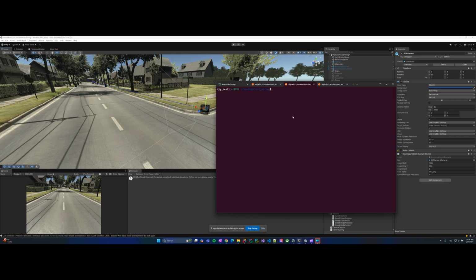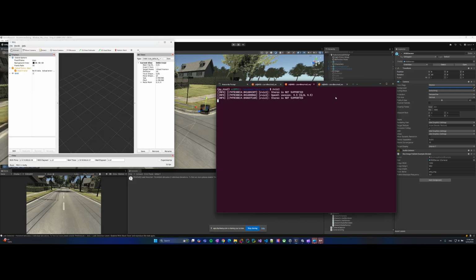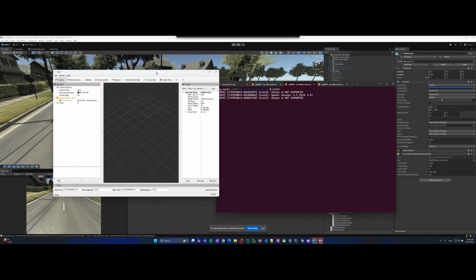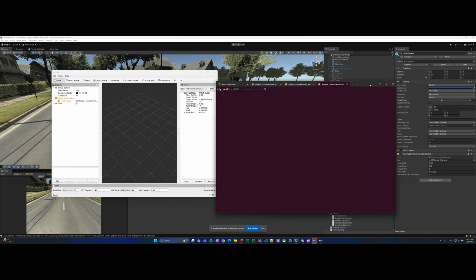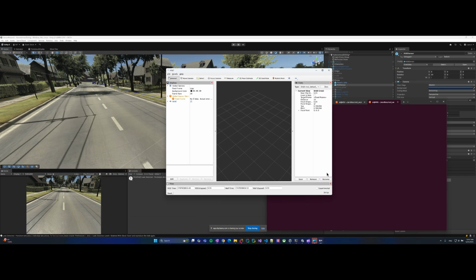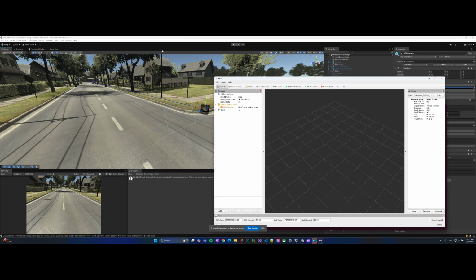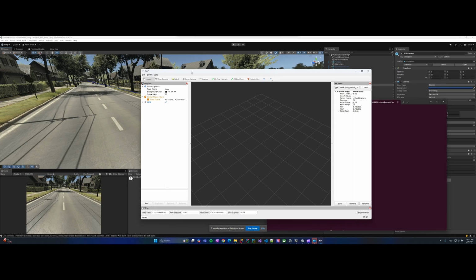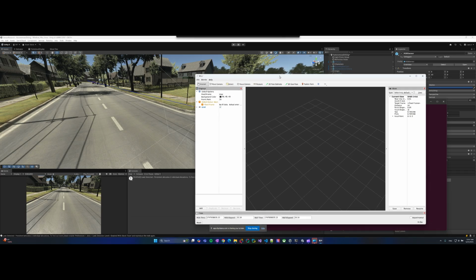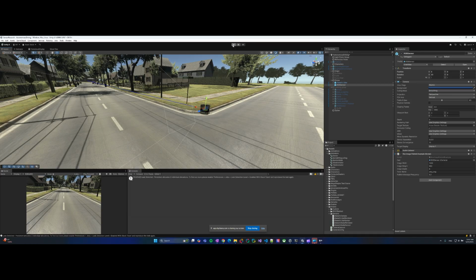Here, open another terminal. Let's type in rviz2. All right. So this is the application that we are starting from our Linux box. From here, I can display the images that are published from Unity, and then I can display the point cloud data from Unity. So if I start,